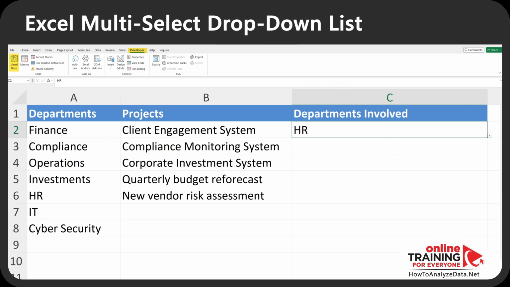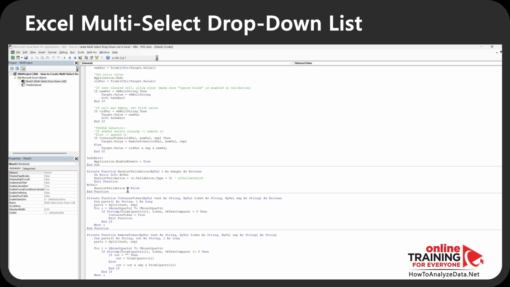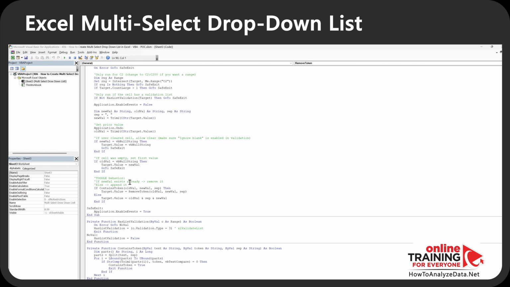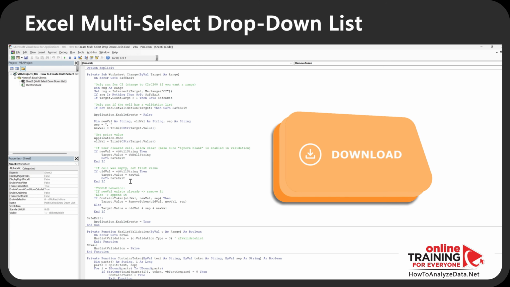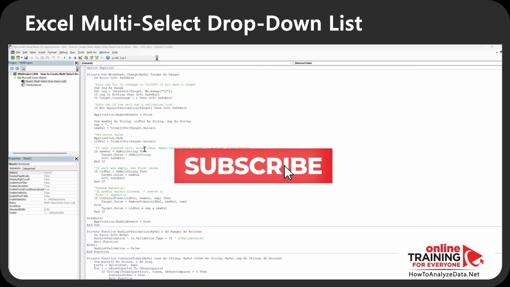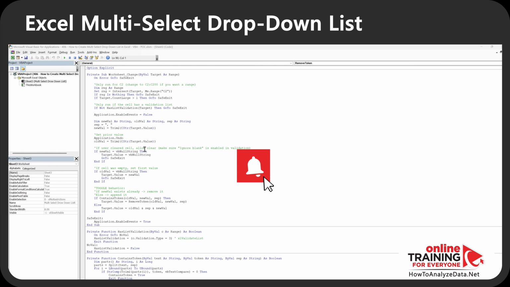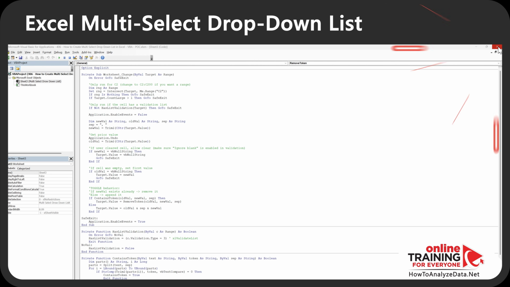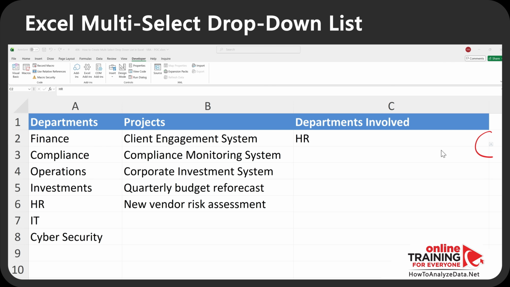To access the VBA Editor, I am going to click on Visual Basic, and here I am going to copy and paste the code. You're welcome to retype it to learn more about VBA, but in a second I am going to leave instructions on how you can download it for free. I also have another video that explains how this code works, so make sure to find it and learn. At this point, I am going to close the VBA Editor and test how the new